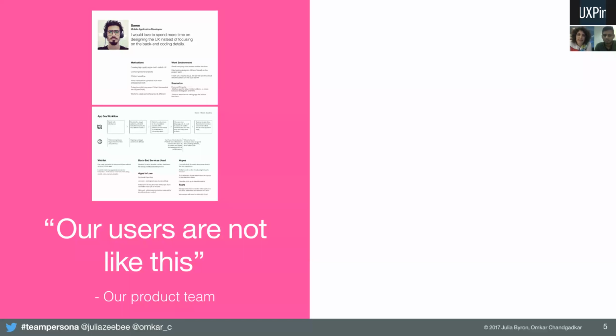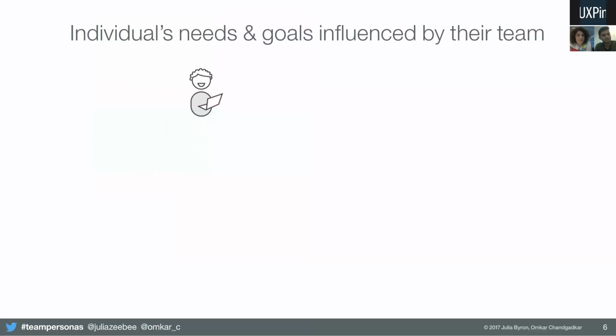So by taking individuals out of the context of their teams, these personas never accurately reflected our users. We struggled to design without understanding our users and lost credibility with our product team. So we decided to investigate further to better understand our target audience. And we conducted 42 interviews across 11 different development teams, looking to create better personas based on the needs and